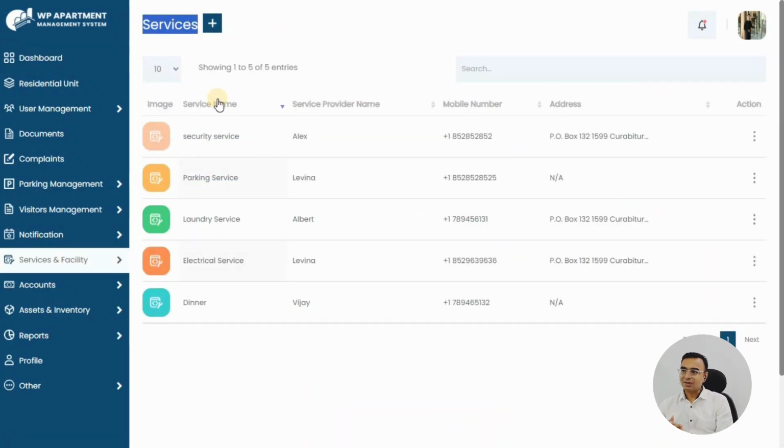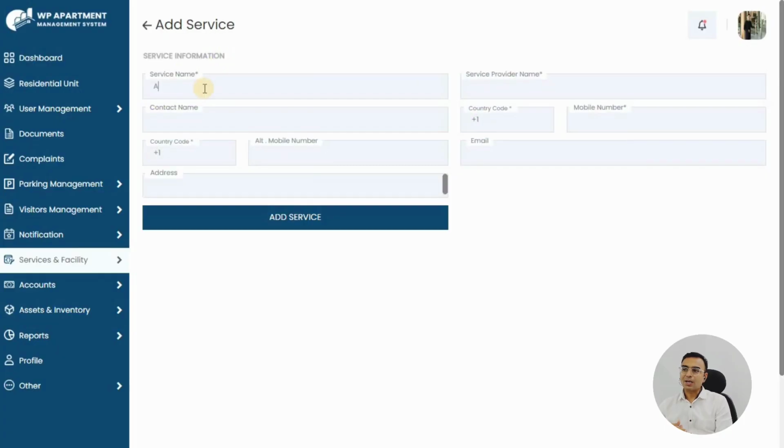Now let's see the services. Services is usually your plumbing services, your electric services, or your landscaping services, something like that. So you might have different agencies or different providers for the services. Today we'll go to see the aircon services, AC services. You might want to add the provider name, their contact details, their alternate mobile number, their email, their address, everything